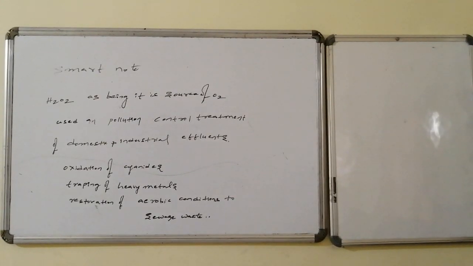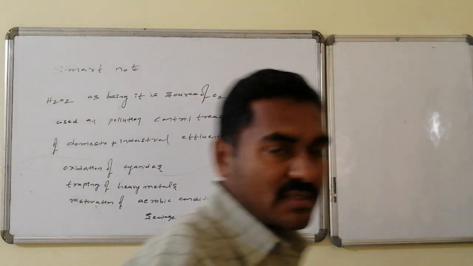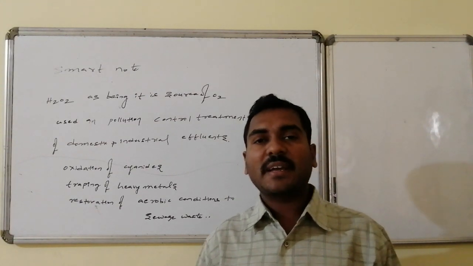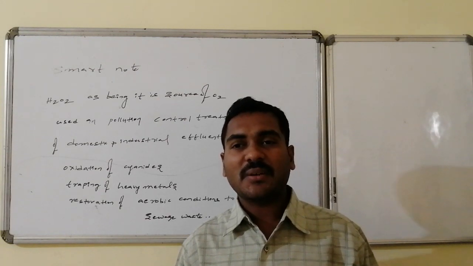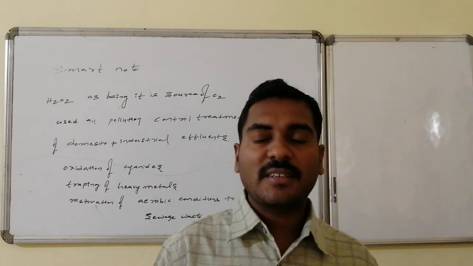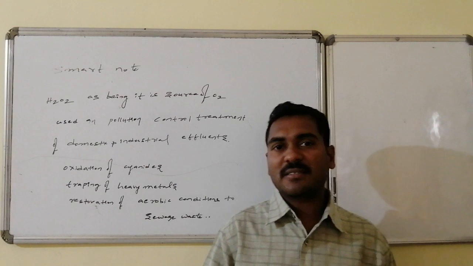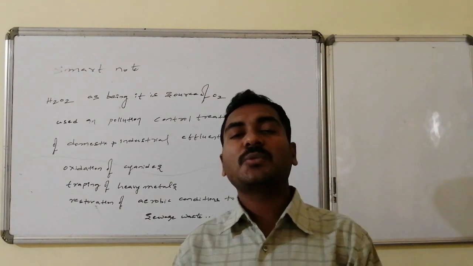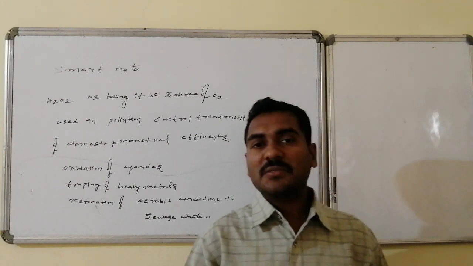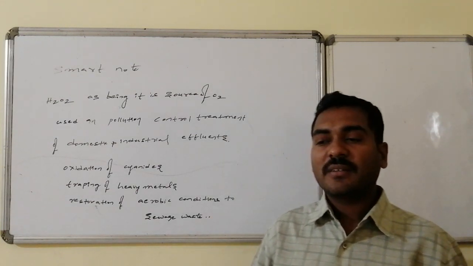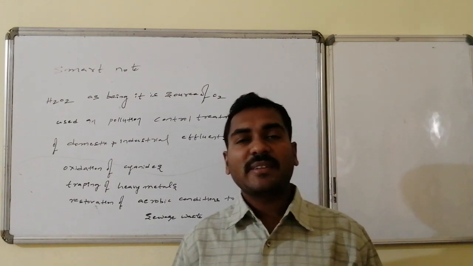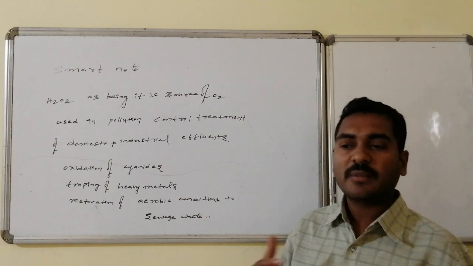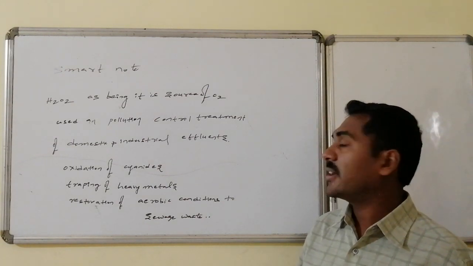A quick note on the benefit and use of hydrogen peroxide: hydrogen peroxide acts as a source of oxygen, because it can be present in the solid state. Hydrogen peroxide can also be present in higher concentrations in the liquid state. So a small amount of liquid acts as a huge source of oxygen gas. Hence it is used for the treatment of domestic wastes followed by industrial wastes. Thus it is used in pollution control, in the treatment of domestic as well as industrial effluents.